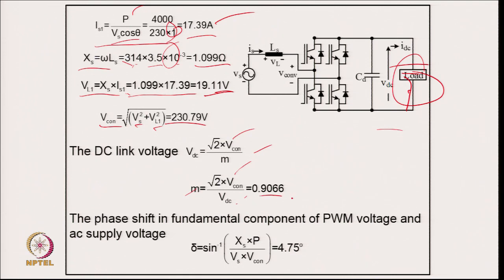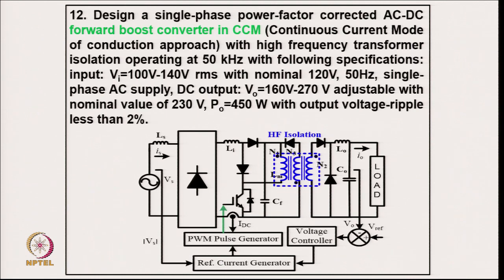So, we can find out the modulation index is like 0.966, and the phase shift in the fundamental component of PWM voltage, delta, from this power flow relation, putting the value of the power, converter voltage and supply voltage, we can have this as 4.75 degree. Coming to the 12th example, design a single phase power factor corrected AC DC forward boost converter in continuous